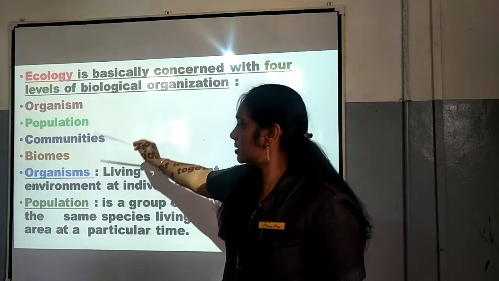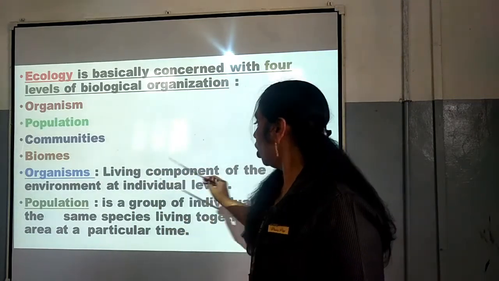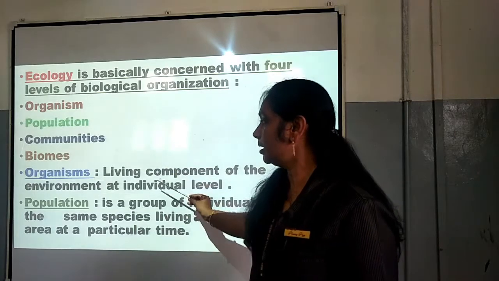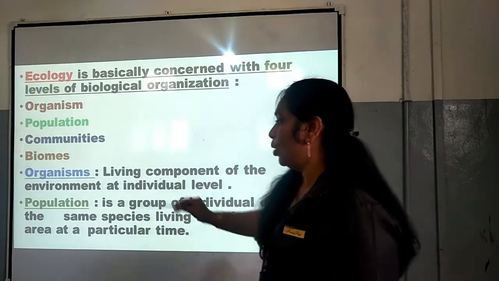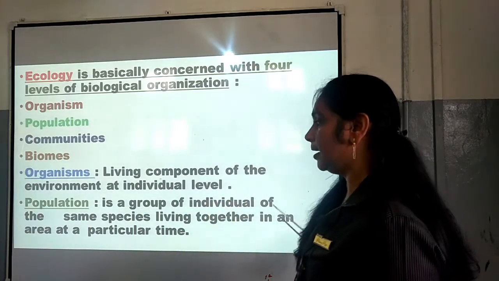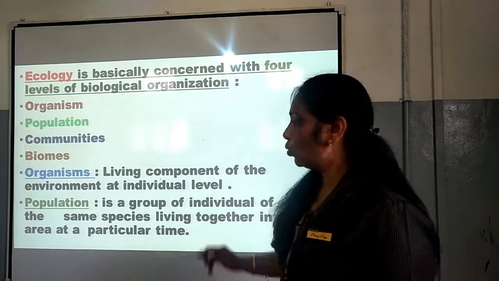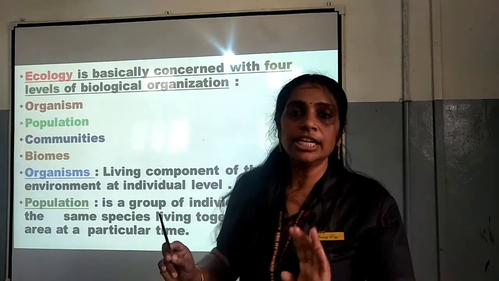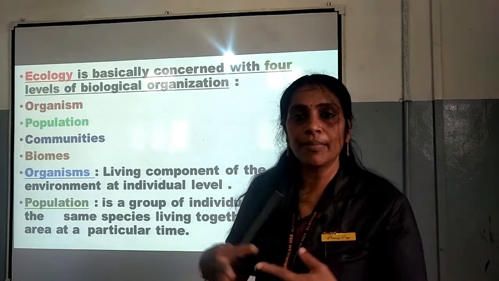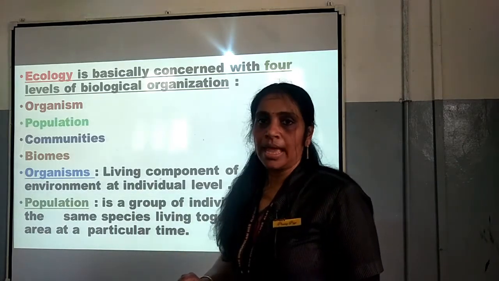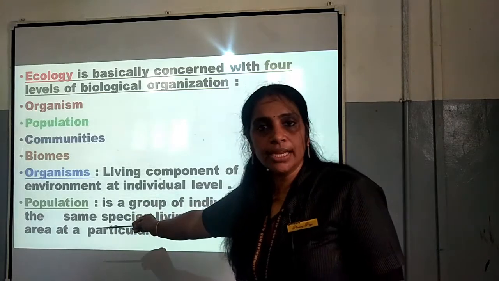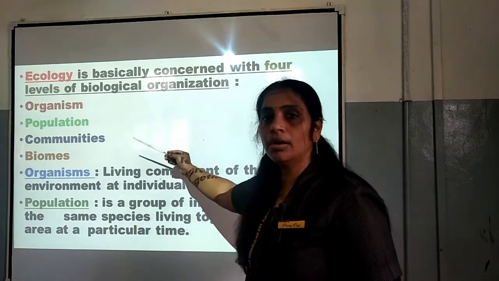Now the first one is organism, living component of the environment at individual level. It is a living component of the environment and it is at individual level. Population, we can say it is a group of individuals of the same species living together in an area at a particular time. So what is population? Organism means a single individual is organism, whereas population, it is a group of individuals. When a group of individuals combine together, we can say it as population, and it may be of same species where they will be living together in a particular area at a particular time. That is the difference between organism and